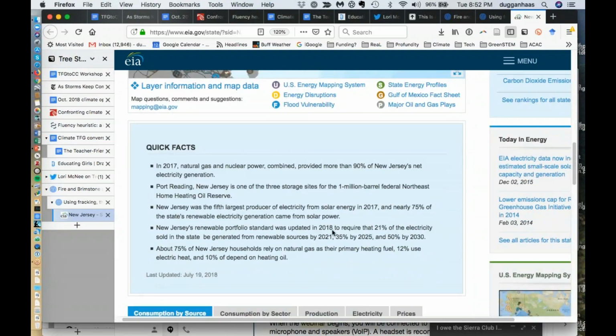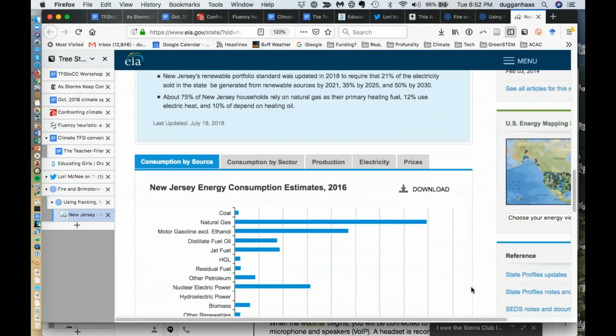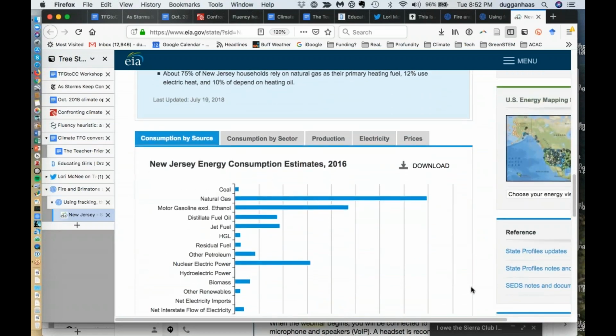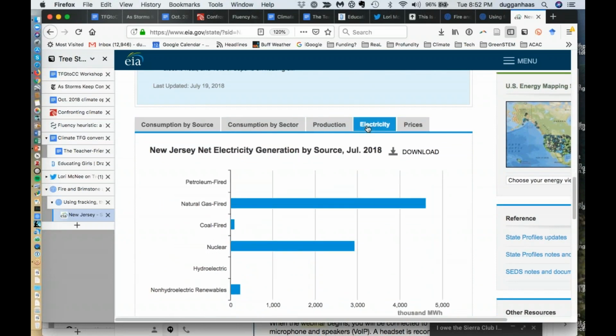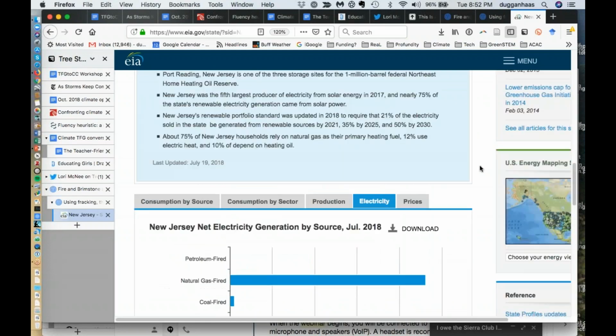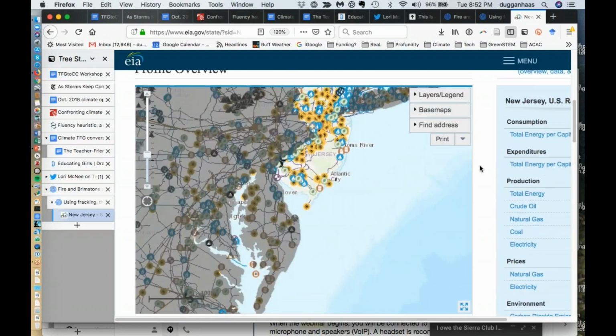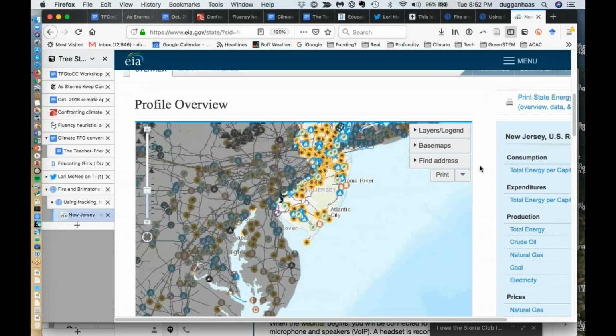You can also look at some quick facts about whatever state you happen to be in, look at information about consumption by source, and the pie charts were derived from this data set. So I think spending some time looking at this site is a good one. Another activity that I like to do is